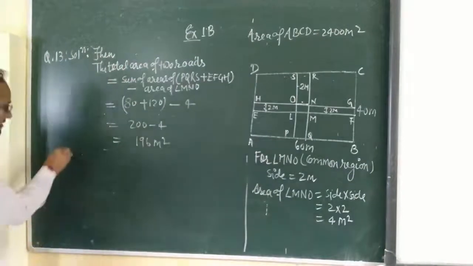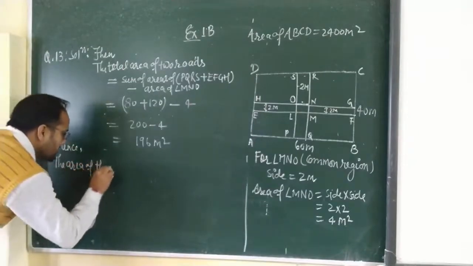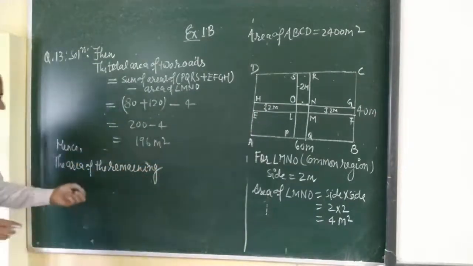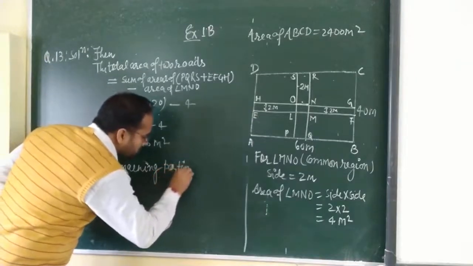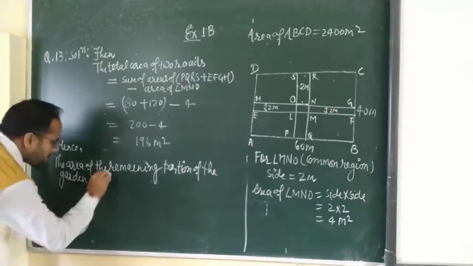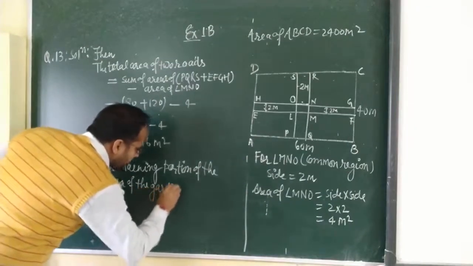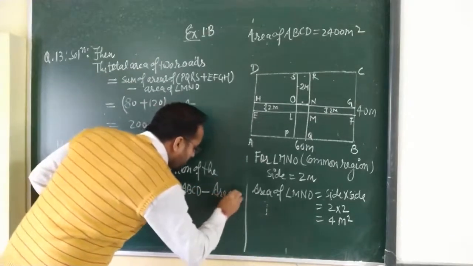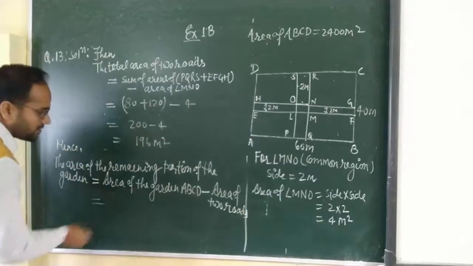Okay, hence the area of the remaining portion of the garden is equal to area of the garden ABCD minus area of two roads,